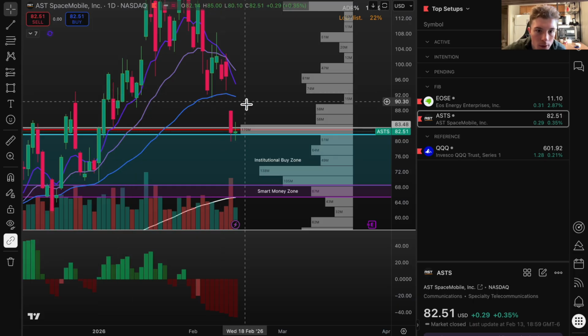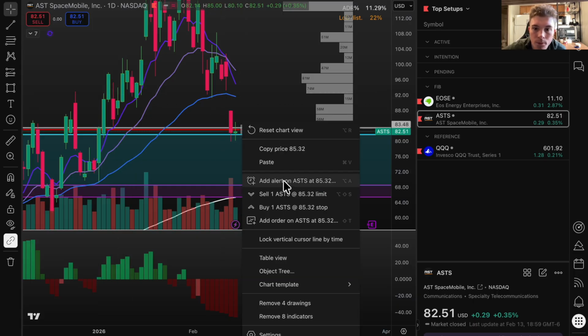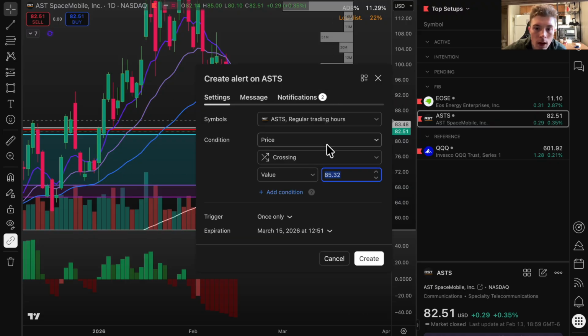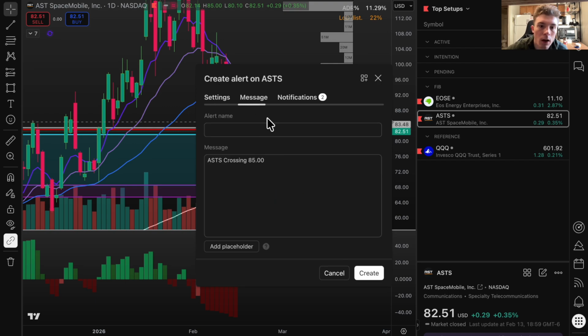So here's what I'll do. I'll set an alert at $85, and then I'll just say ASTS potential bottom signal at buy zone, and then we'll just keep it there, understand we did the work, and then